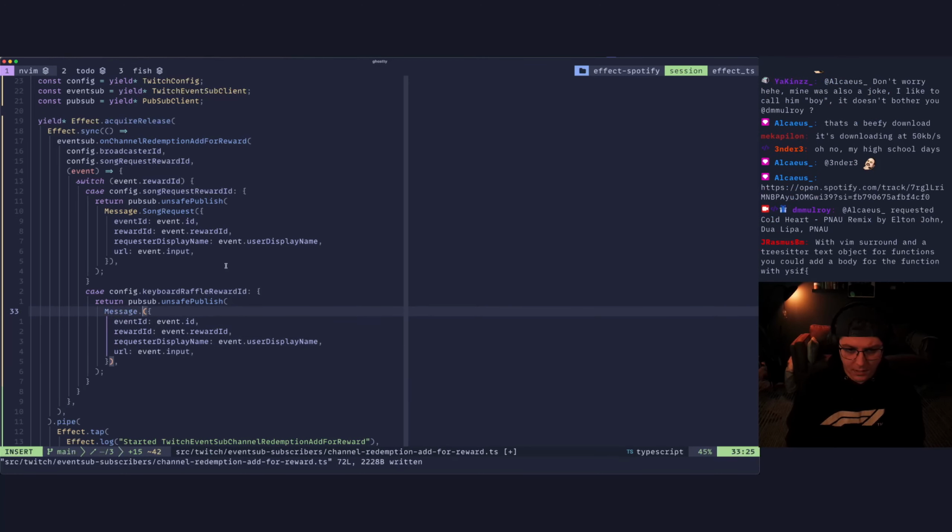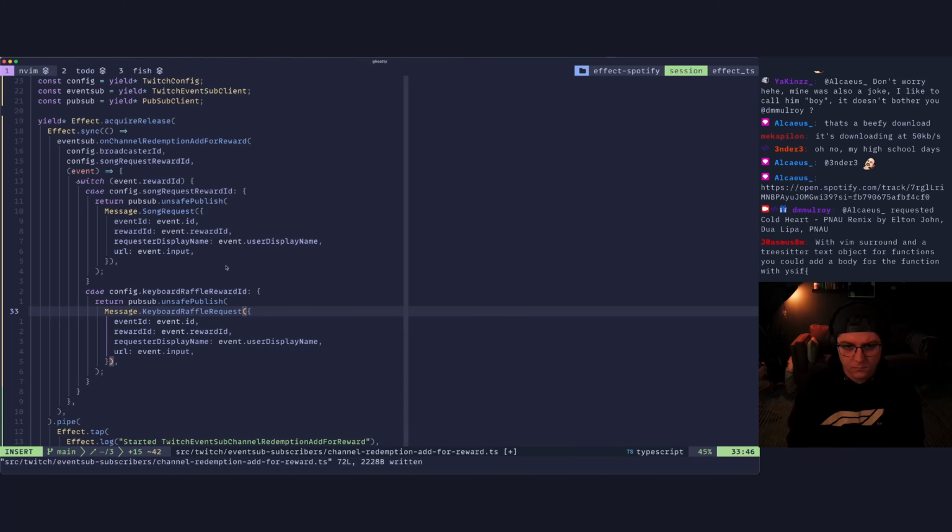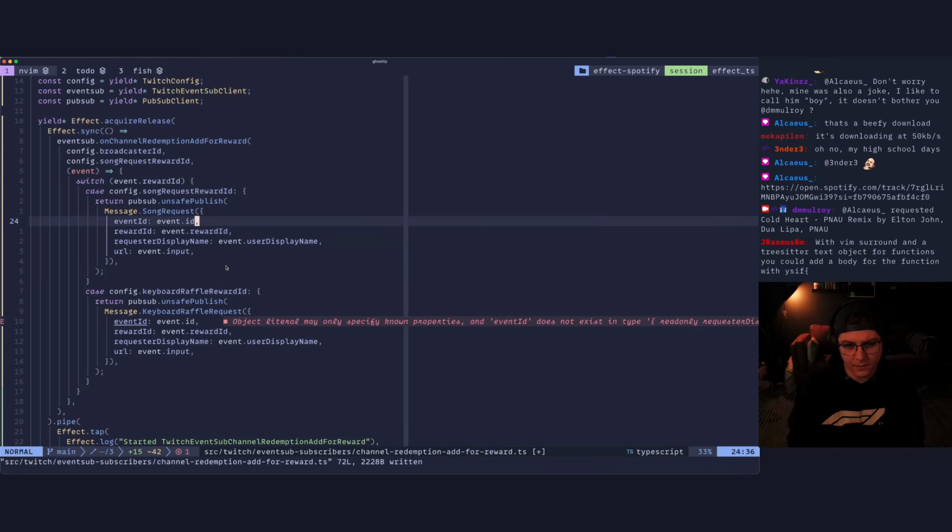And this will be a keyboard request ID. Why did I send the event ID with that?